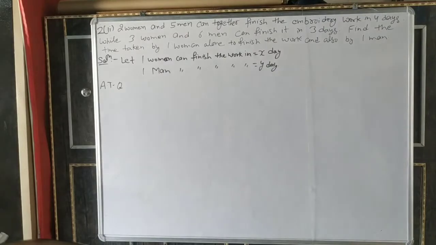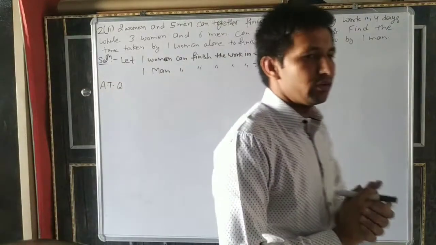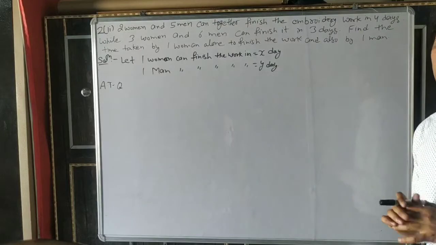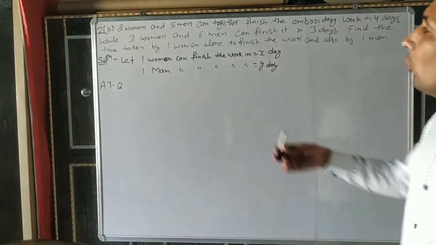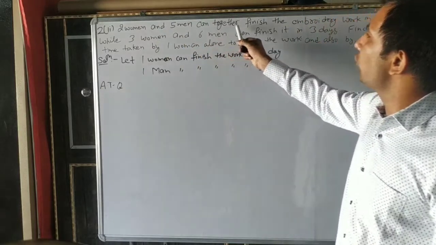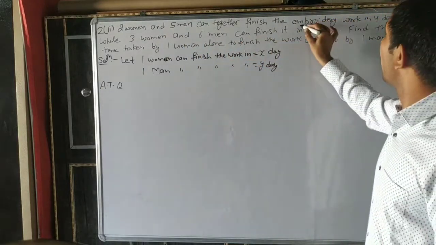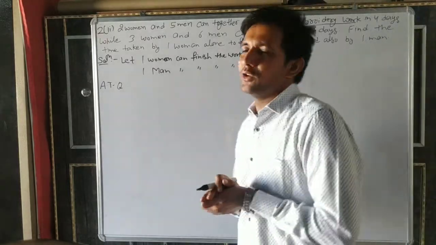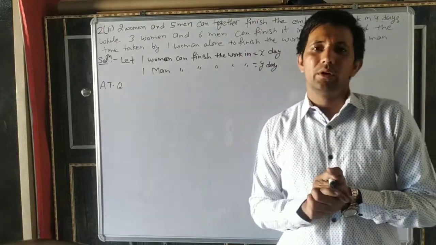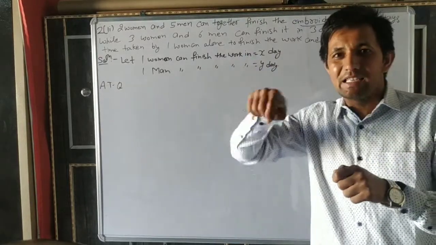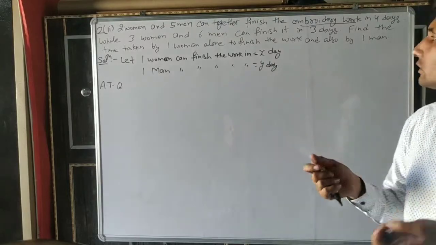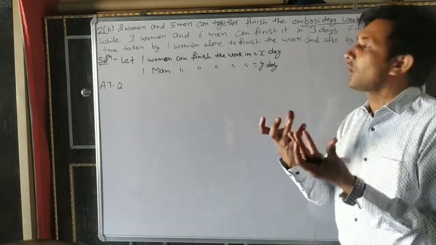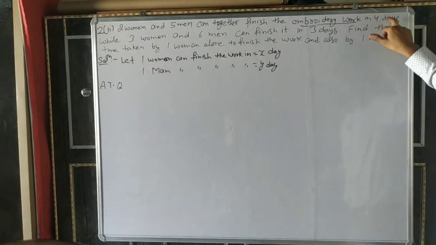Now the last part of the second equation, second part. It is very important also. Exercise 3.6 is very important. Each question is very important, and the example also. Look at this: 2 women and 5 men can together finish the embroidery work. Embroidery work means cloth work. When you see in your home, your mother uses cloth, and we make designs on the cloth, flowers like this one. We make the flowers by using threading, or other designs on the cloth. It is called embroidery work, in 4 days.